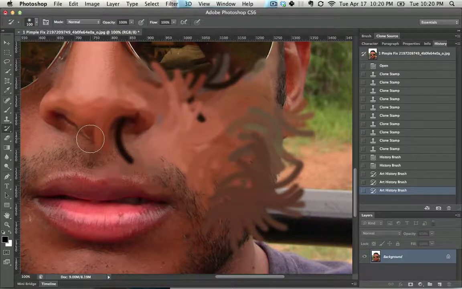One note with the history brush, it only works if the canvas size is the same when you started and how it is now, and if it's all happening on the same layer. And it's for that reason why it's better just to use non-destructive editing, which is something we won't be getting into